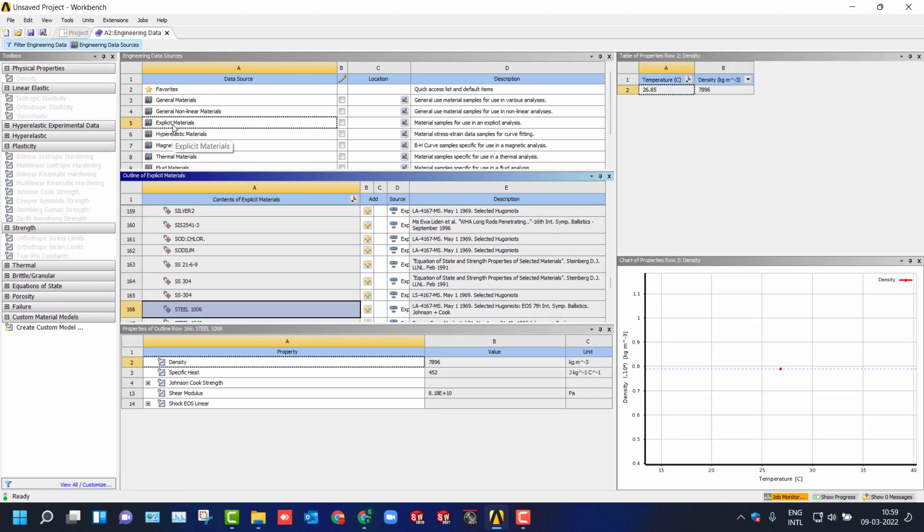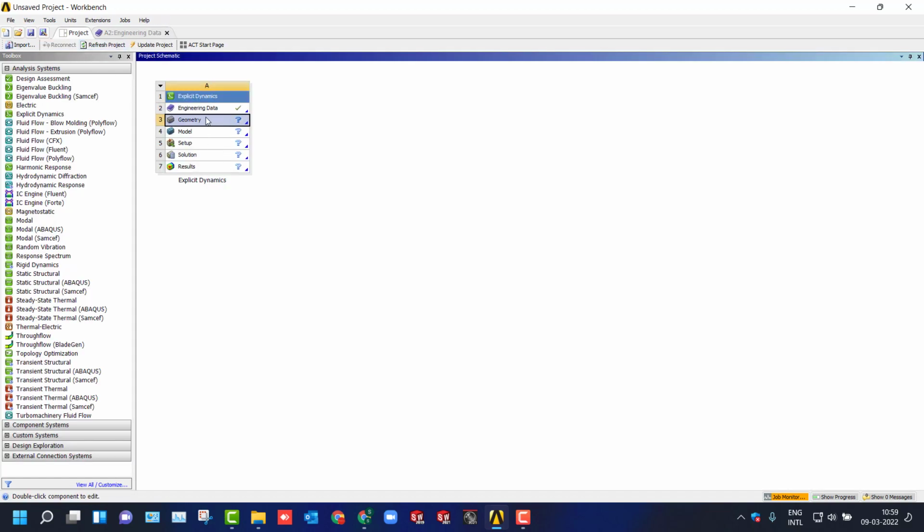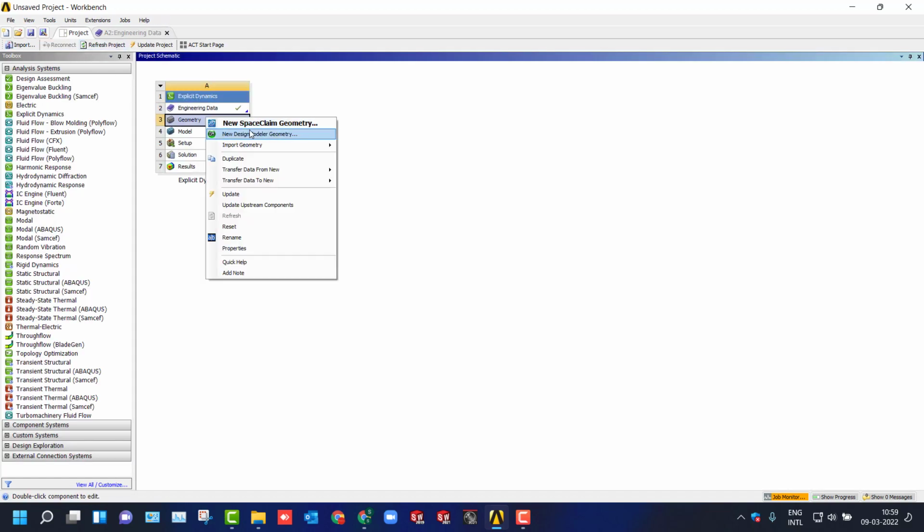From there you will have the explicit materials, and there you will have the linear properties or nonlinear properties actually. So you can choose the material, that is steel 1006, or you can choose any of the materials according to the standards. Right now I'll take this material into account, which has the nonlinear material properties, even the nonlinear stress strain curves.